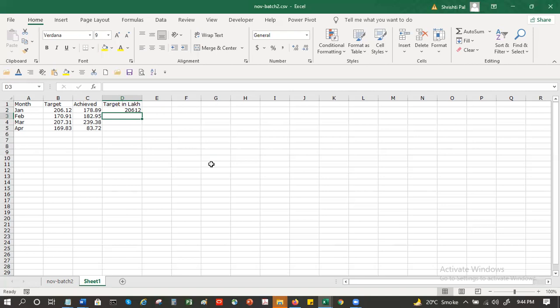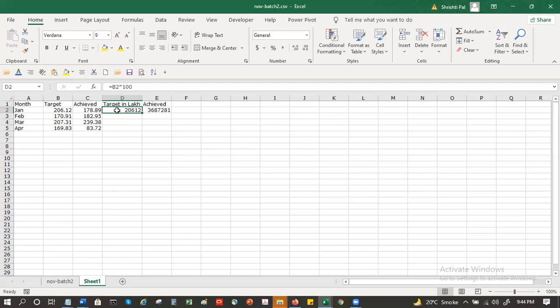See, what I do is like this is a target, like 206.12. What I show is like 20.61. But would that be in lakhs? That will mean, because CR, yes, that would be in CR. So it could be the other way around. You have lakhs figure coming in, you're converting it into crores by dividing it by 100. That could be the other thing.